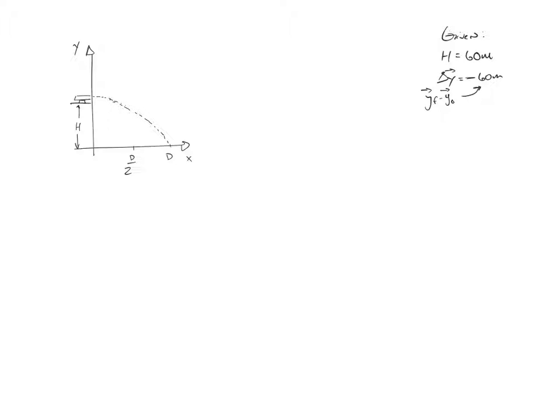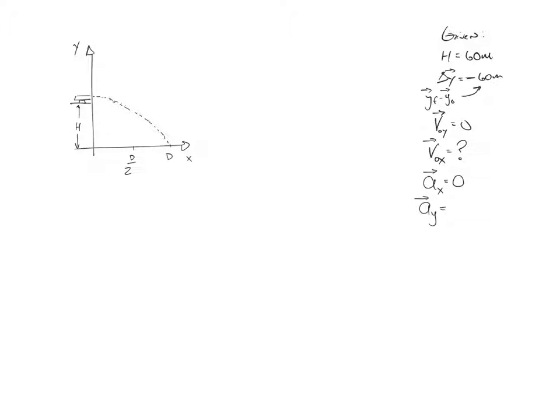We know it's fired horizontally, so what's the initial Y velocity? 0. Good. We know the initial X velocity is unknown. We don't know it. We know the acceleration in the X direction is 0. And we know the acceleration in the Y direction is